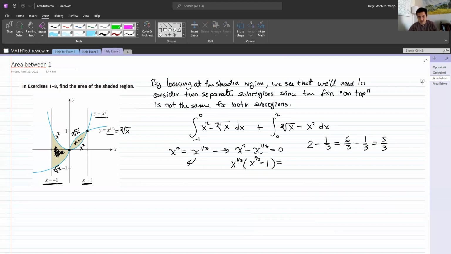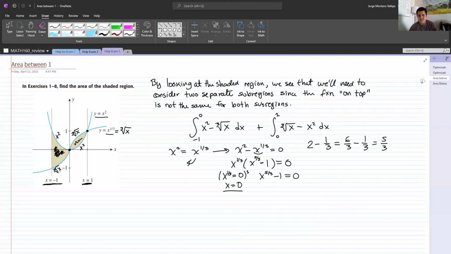Okay, equal to 0. Now we just need to set each factor equal to 0. So x to the 1/3 is equal to 0. You get rid of the 1/3 by cubing both sides. Then you're just left with x, and 0 cubed is just 0. So x is equal to 0. Now the other one,